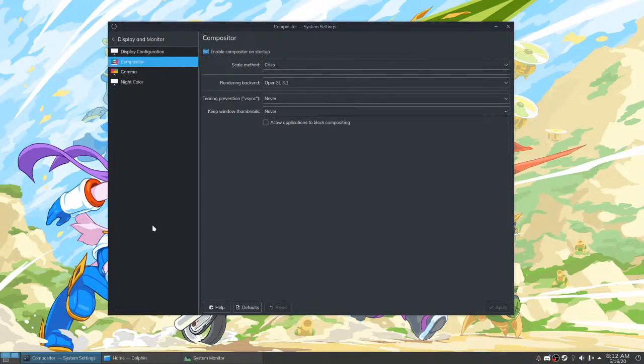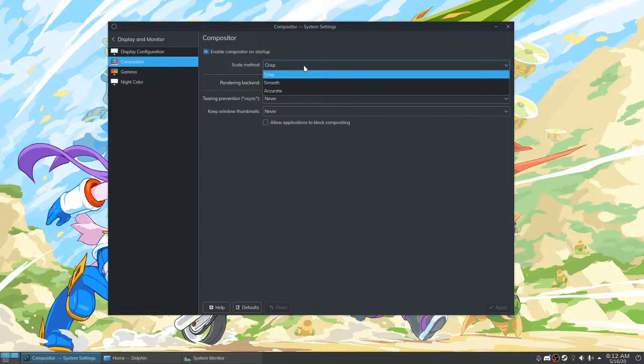Oh boy. So KWin has traditionally not played super well with NVIDIA. Did I say that backwards? KWin and NVIDIA have not had a good relationship. There you go. And with the latest version of KDE frameworks, I find that the issues that I had in the past with KWin crashing are over. I have not had a KWin crash in a very long time. This is how I have my compositor set up. I did a little research. Some of the information was outdated, but this works for me.